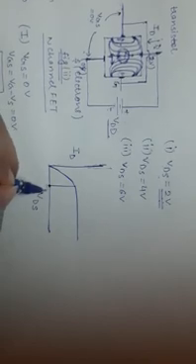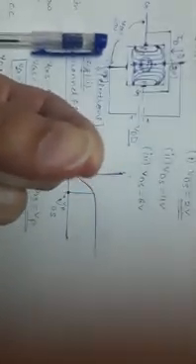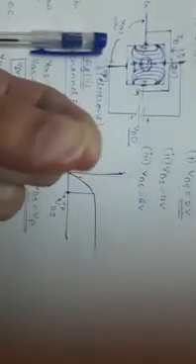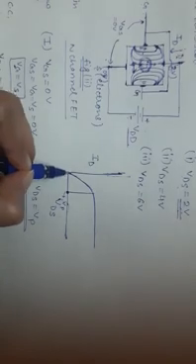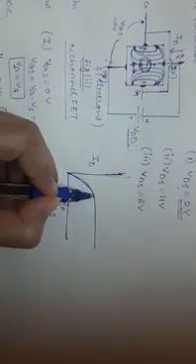is known as the pinch off voltage. So VDS equals VP, and this VP is called the pinch off voltage, at which the channel is pinched, and in this pinch there is no flow of electrons towards the drain. So this voltage is called pinch off voltage. In the starting the current keeps on increasing, and after that this current remains constant.